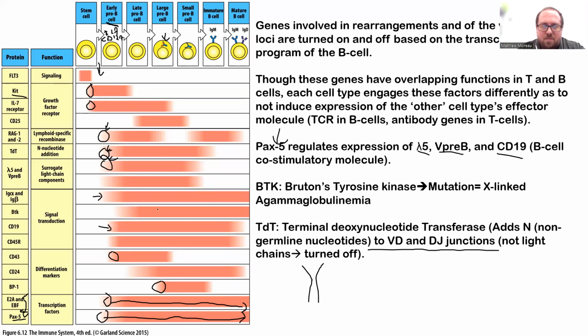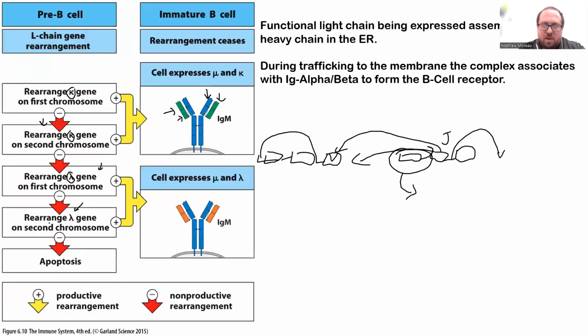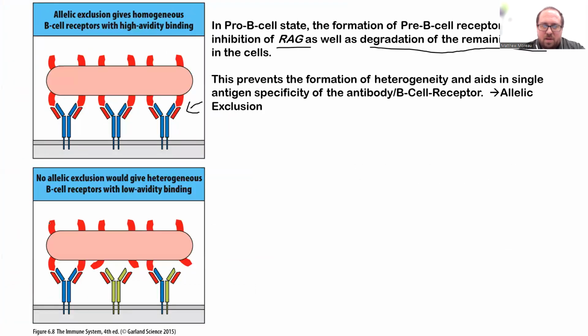And then we have one gene that we haven't talked about, and this is Bruton's tyrosine kinase, so BTK. So BTK is going to serve as a really important co-molecule. So again, if we go back real quick,